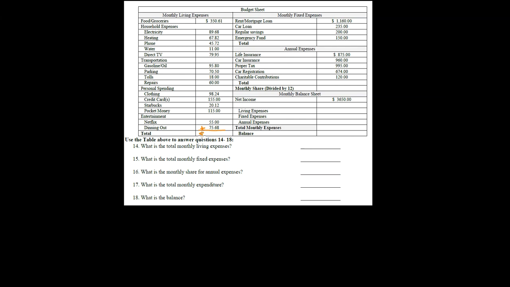And so when I add those up, I'm going to get $1,408.12 there. And again, all I did was add all these up. I have my monthly fixed expenses. Again, those are just my monthly bills that don't change. So I can add those up, and that's going to give me